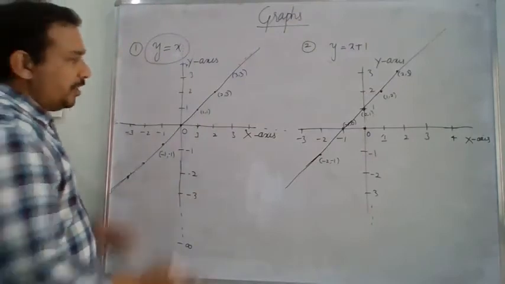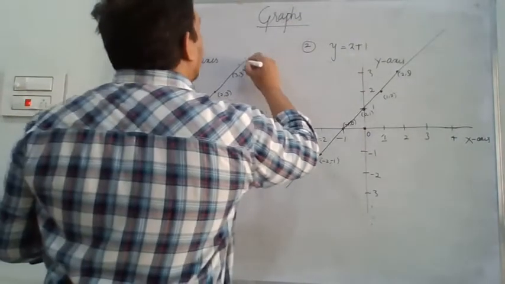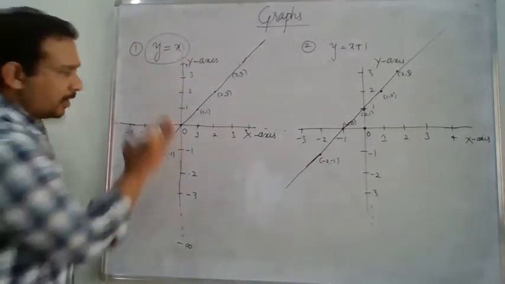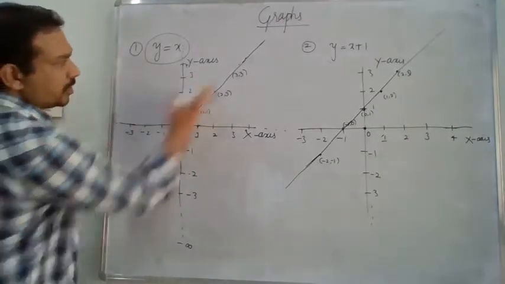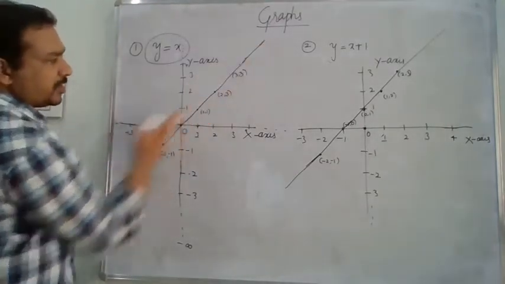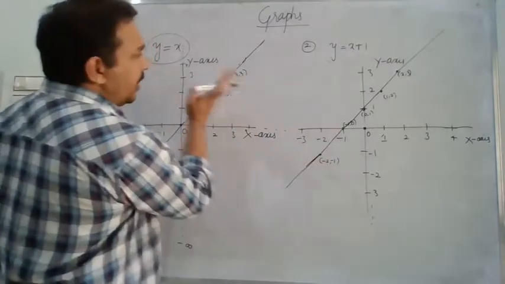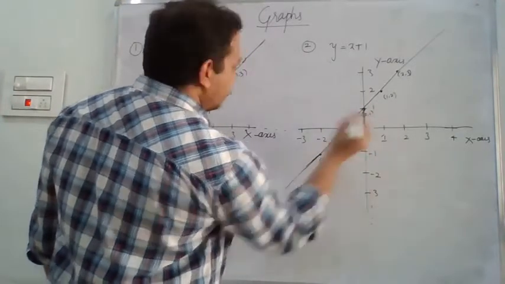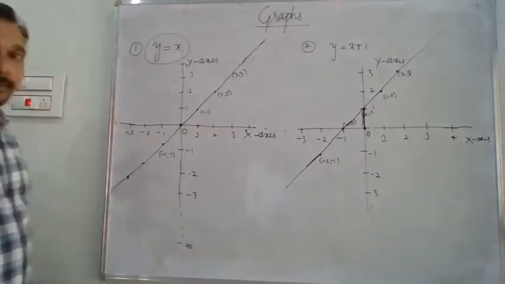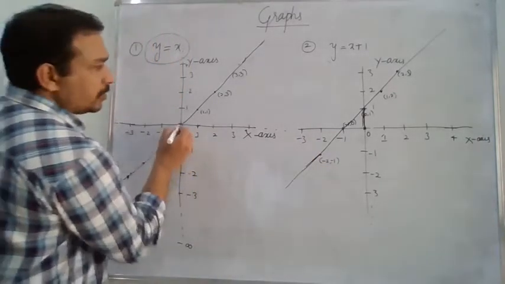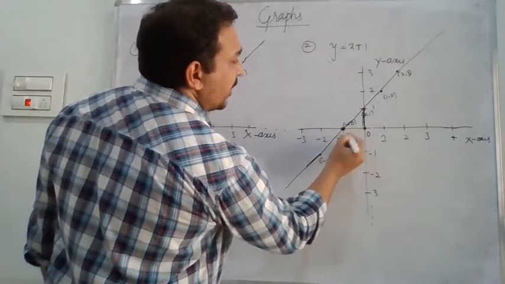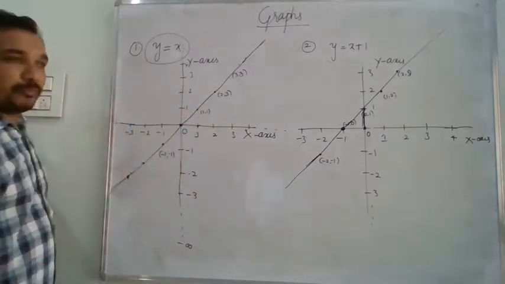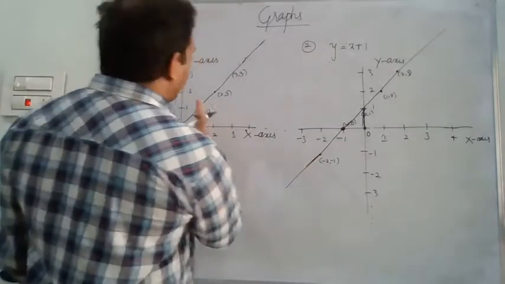Now if you see, these two lines are parallel to each other. Both the lines are parallel. Then what is the main difference between these two? The line y is equal to x is passing through the point 0 comma 0. This line is also parallel to this, but it is passing through the point 0 comma 1. There is a height of 1 unit here, but there is no height here. And on x-axis, this one is passing through 0, but this one is passing through minus 1 comma 0. So if I shift this line to the left side by 1 unit, then definitely this graph will become like this.